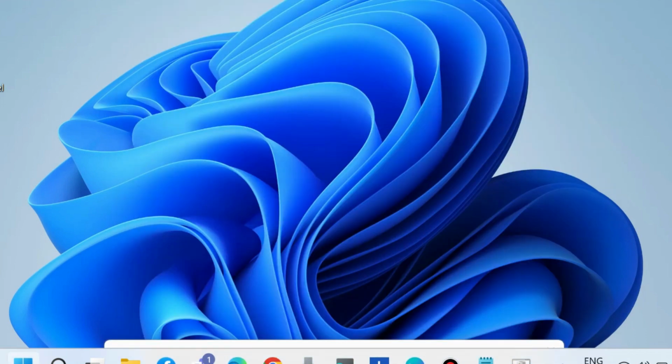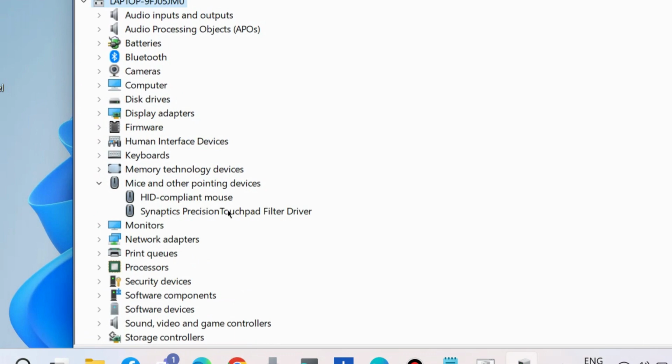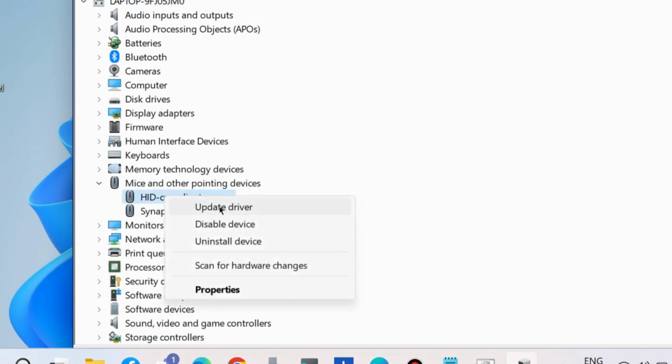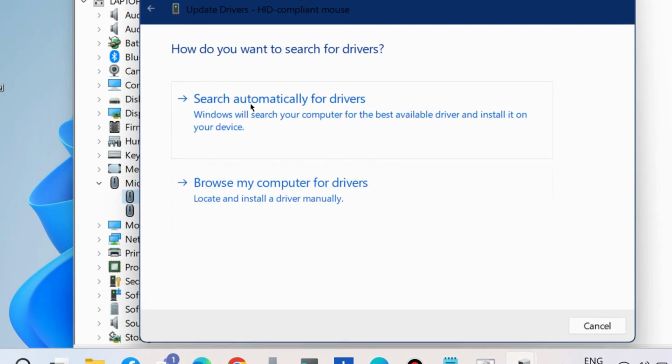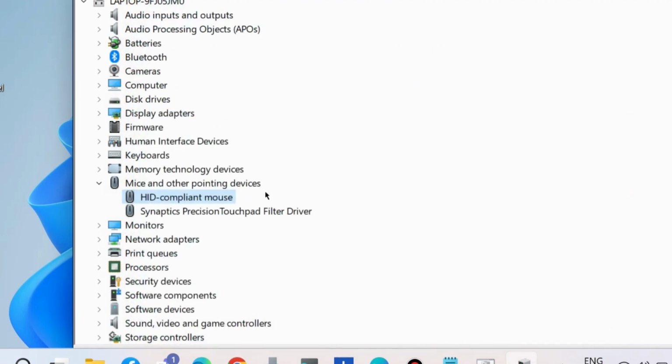The next workaround to fix this issue is to update the mouse driver. Launch Device Manager in your system, and here go to Mice and other pointing devices. Right click on your mouse driver and choose Update driver. Further, you can uninstall and reinstall the mouse driver in Windows 10 and Windows 11 if this method does not